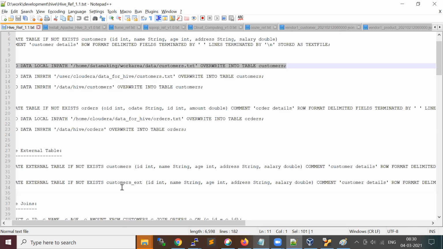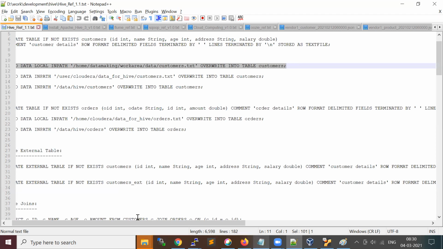When you create an external table, there are two options available. One is you have your data in your own directory. Hive will never disturb your directory or files; it will only act as a pointer to your file.